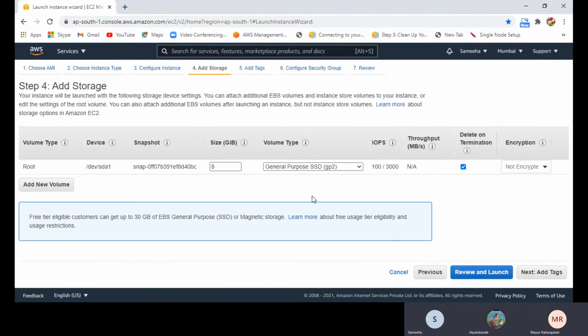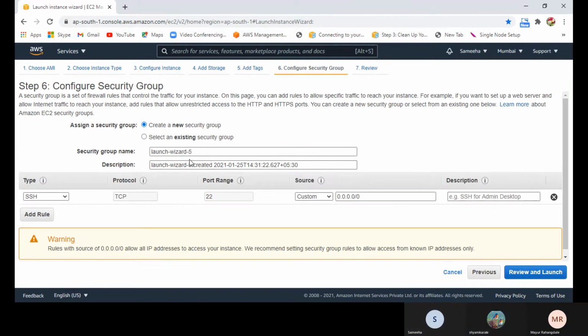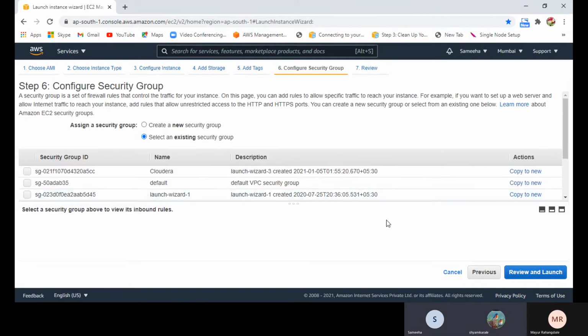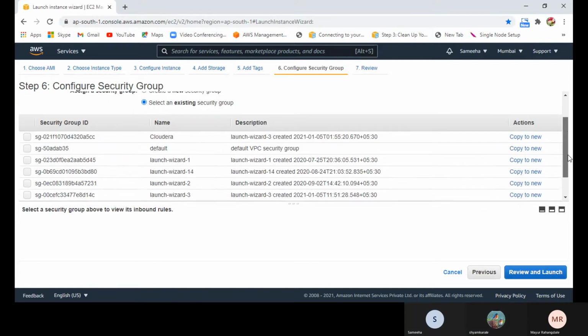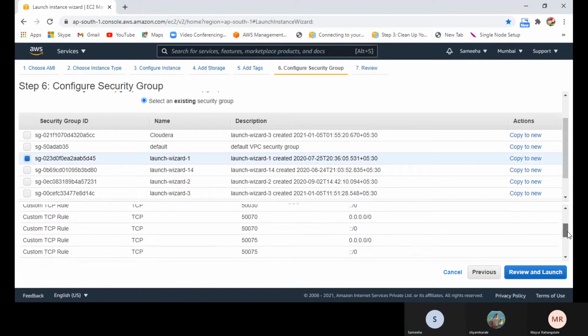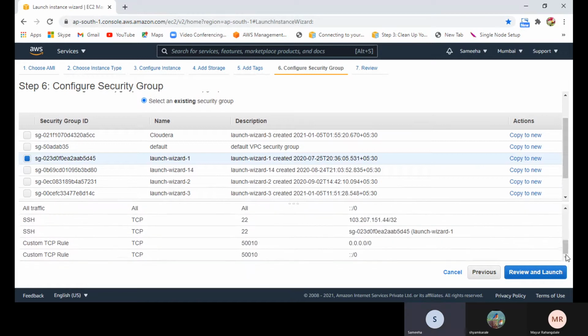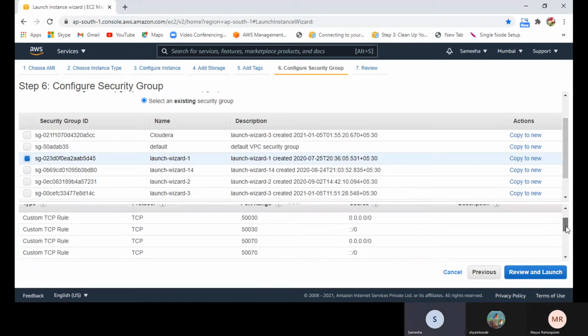8 GB, it's okay. 10 is okay. Existing. Actually, I have already used this, so I'll go through with this.